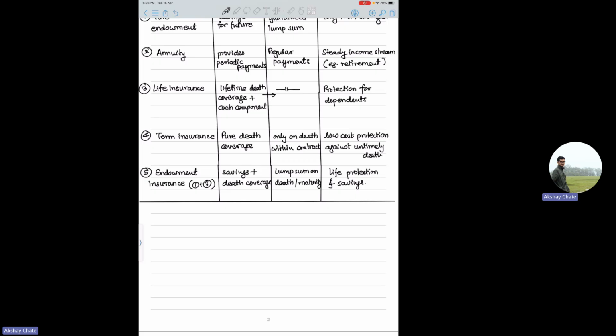In some cases they give you accident cover also, and then there is some lump sum payout after a certain duration. For example, one of my friends has an LIC policy. Actually, we just say LIC policy, but it's like an endowment insurance only. So you have to pay like some 10,000 per year for 16 years. So basically, you deposit a total of 1,60,000, and after 25 years, you will get, I think,